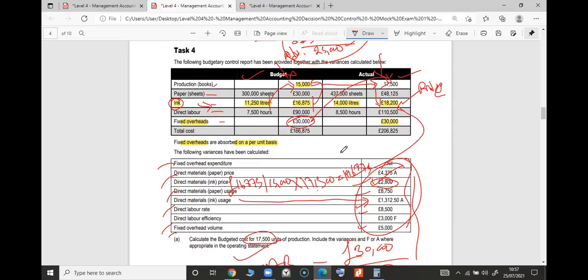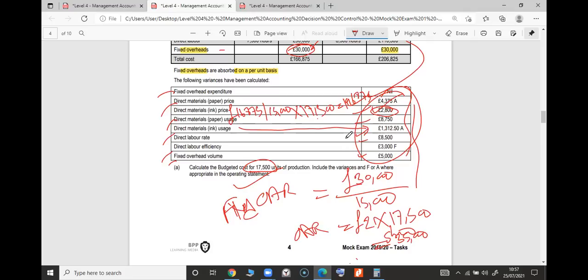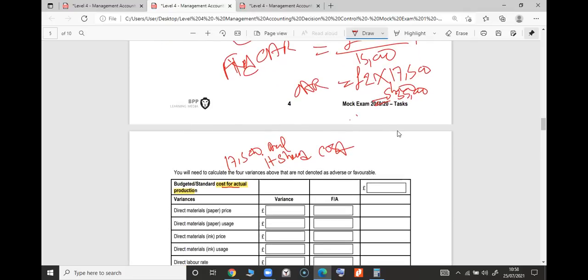Yes, favorable. Good. Now, because it is an over absorption, tell me, absorbed is absorbed. This 35,000 is absorbed, and incurred is 30,000. Tell me, is this over absorption or under absorption? I'm not looking at the answer requirement, I'm just exploring the question as much as we can. Come on, write to me, is this over or under absorption? I got 2 answers from Maha and Shazad. Thank you, Jordan. It is over absorption.